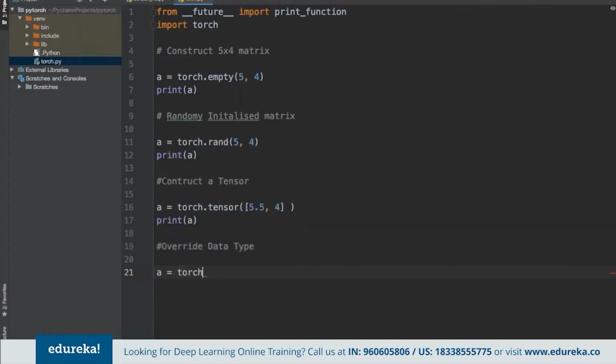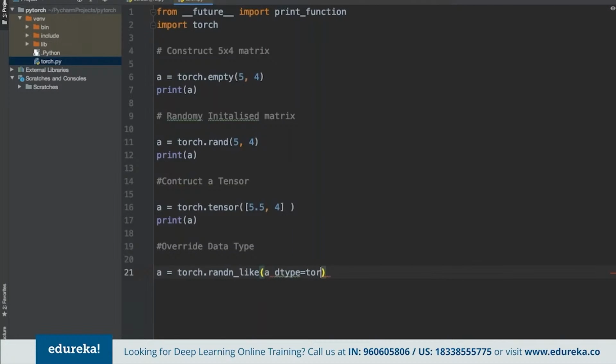We can use the same torch library here, use the same random, and then specify, say, if we are looking to change the data type for X here and want to change the data type to something else, we can specify that.